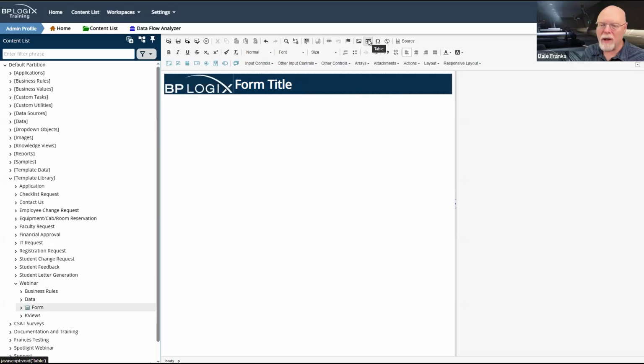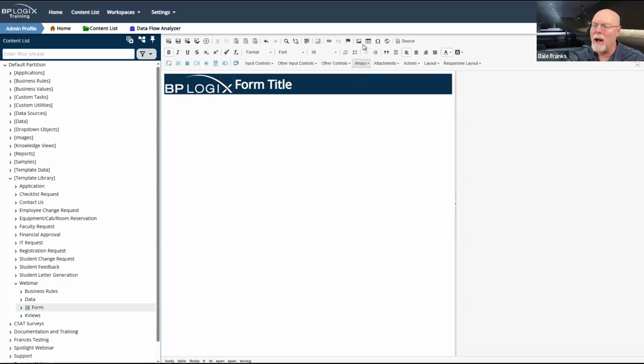Depending on how you want to do this, you might want to place this in a section of its own. Here at BP Logix, because these are always standardized controls, we don't even need to present them as controls. One of the things that we often do, maybe as you saw previously, is that we'll toss them over on the side of the header. So just for the sake of that, we'll do that here.